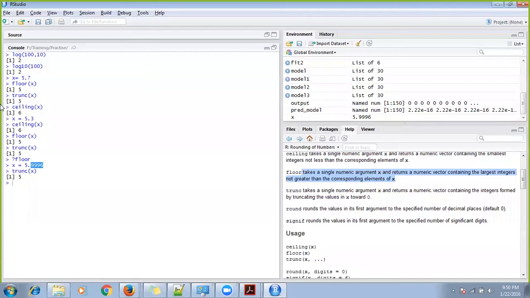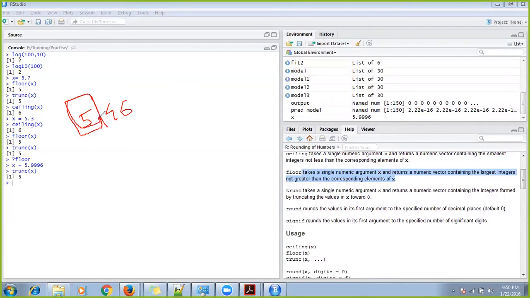Here, if I write 5.46 in floor, it just checks the numeric part of it: anything between 0 till this number, but it's a complete number, so it gets 5.